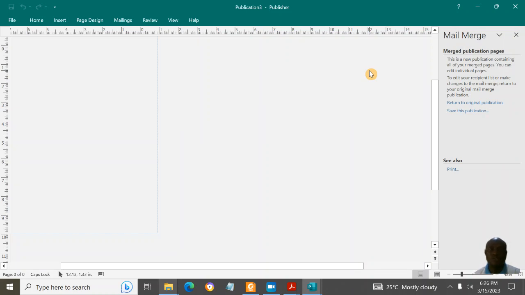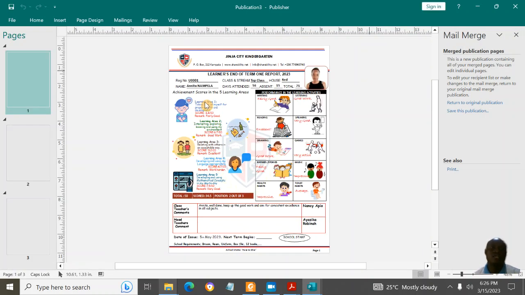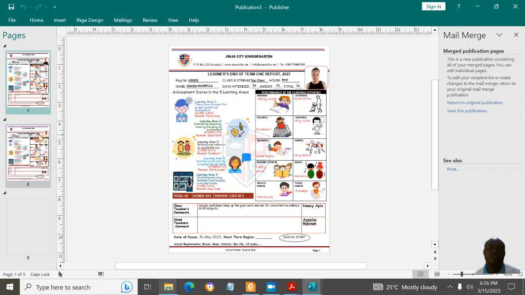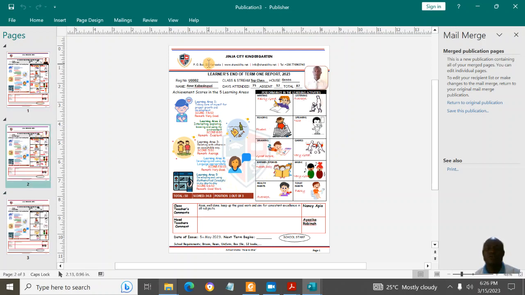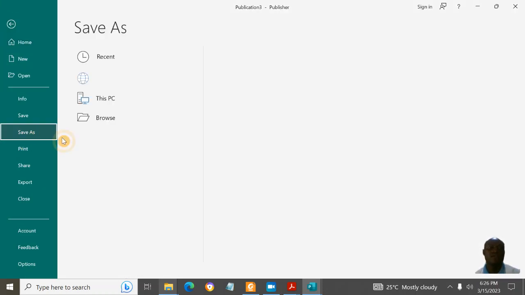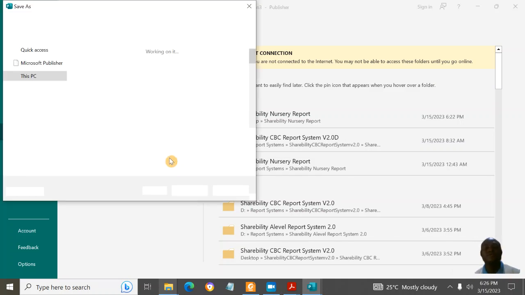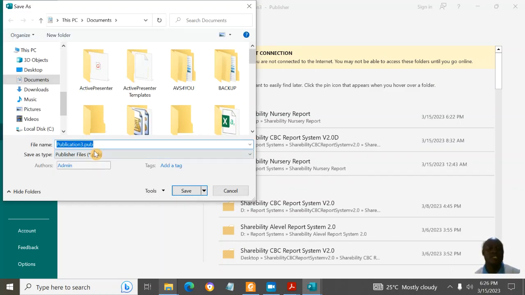Instead of you switching between learners, it will make several pages here in Publisher where you have all the report cards. You can still review them and see if they are fine. If they are okay, then you can go ahead and save as PDF. Saving as PDF will make it ready for printing. So I can say report cards